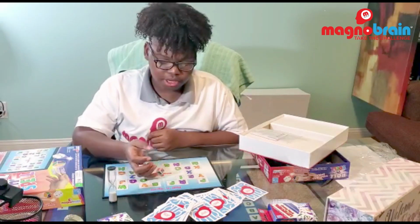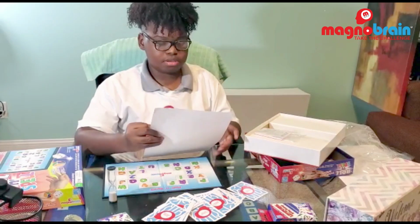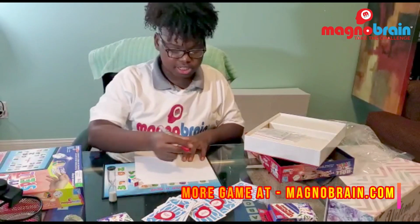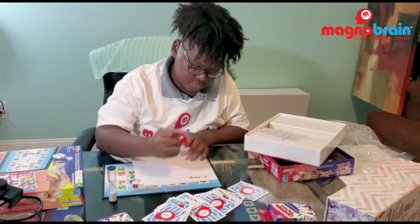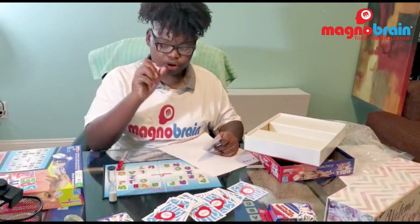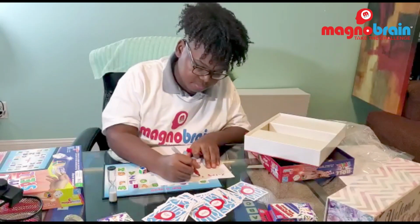So once you pick your word, you have to spell it on a piece of paper. Here's some papers right here. Well, you would just write it down on a piece of paper. So I spelled X-ray. X-ray. So since I rolled multicolor and I picked blue, it says on the scoring card that blue gives us 7 points. So we would say 7 plus,